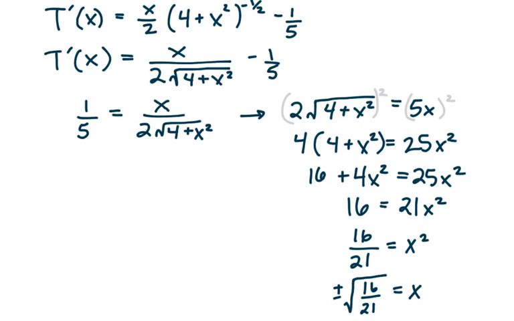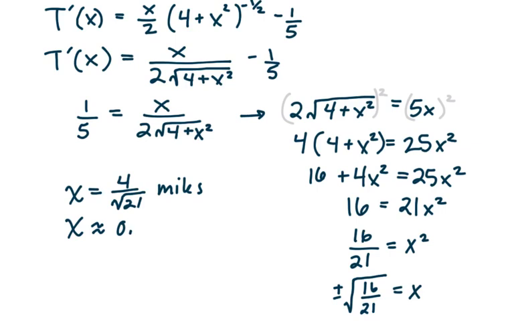And because x is a unit of measure or distance, and we're not traveling a negative distance in this situation, I can say that x equals only that positive value. Square root of 16 is 4, and I still have root 21 in the denominator. So x equals 4 divided by the square root of 21 miles. I wrote feet there, but our unit on distance in this situation is miles, which means that x is